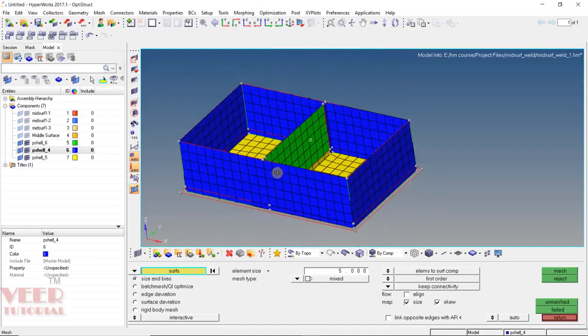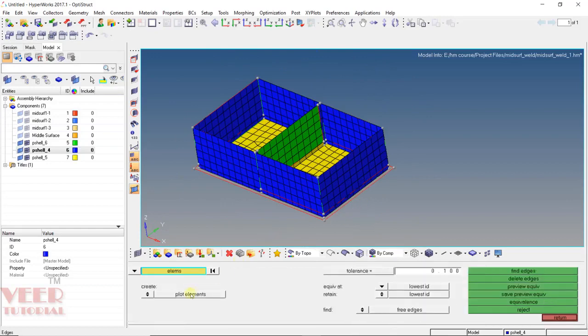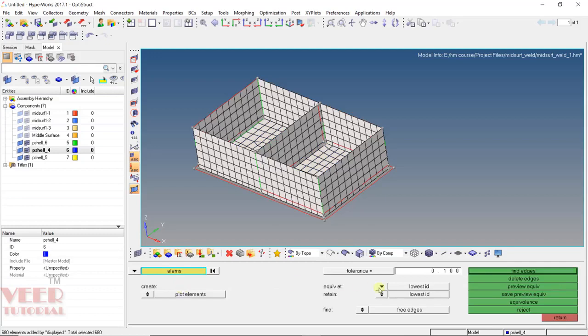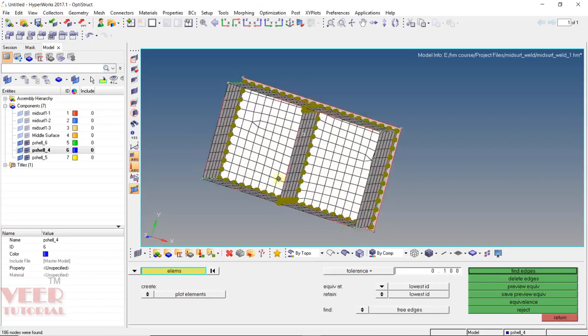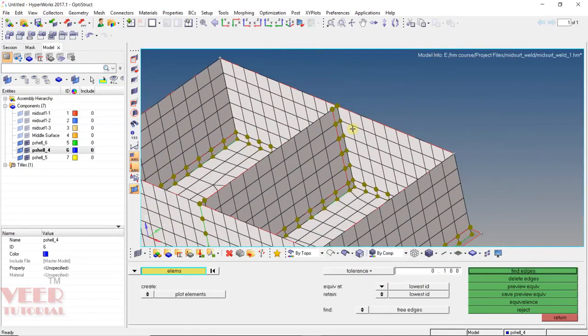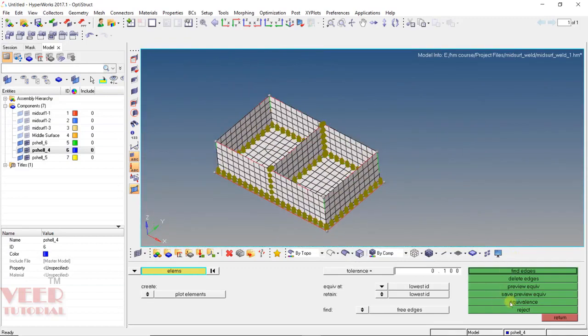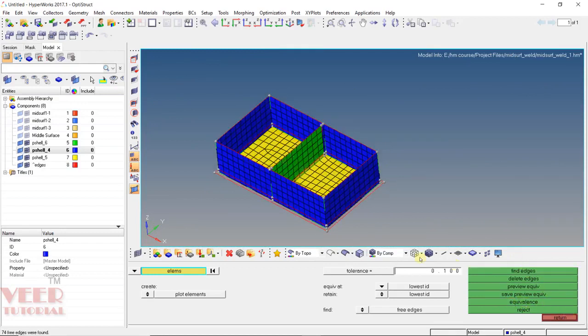So after that we have to check for the free edges. Press Shift plus F3 and then in the element go to displayed, tolerance let's say this is 0.1 and click on preview. So here we can see after we ruled for any component and then we do the auto mesh, we have to check for the free edges. So click on equivalence here